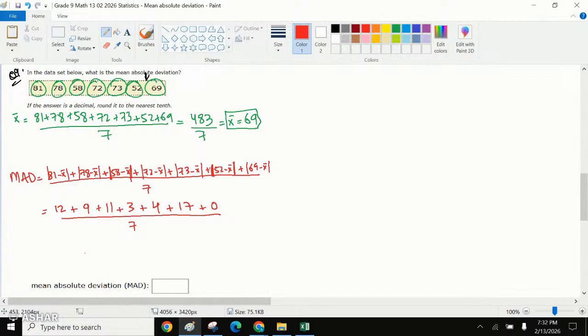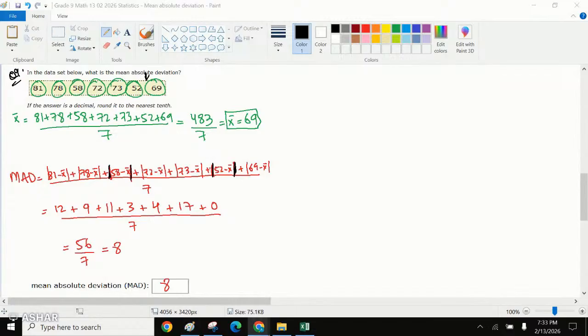12 plus 9 is 21, plus 11, plus 3, plus 4, plus 17. That is 56 divided by 7, and it comes out to be exactly 8. Do we agree that it is a perfect 8, a whole number? And we know that only this number was negative, and this number was negative, because these two numbers were less than 69. So because of the absolute function, we write them as positive. Okay. One more question,